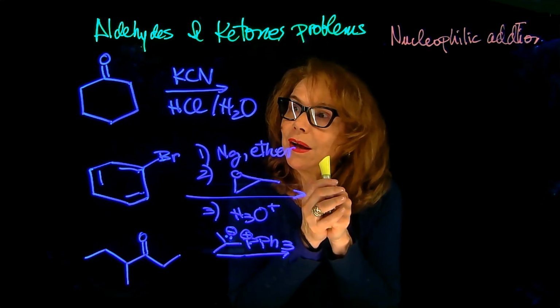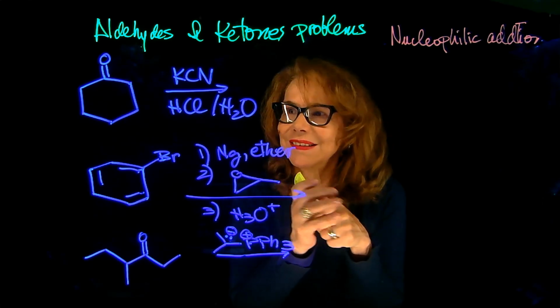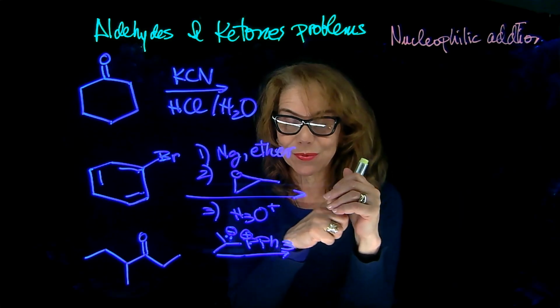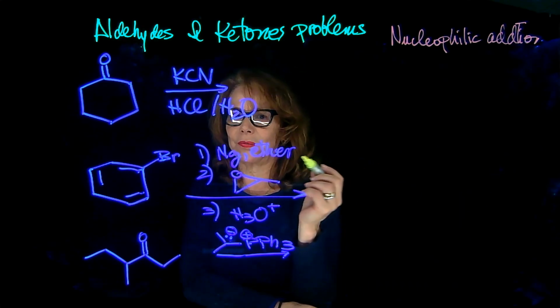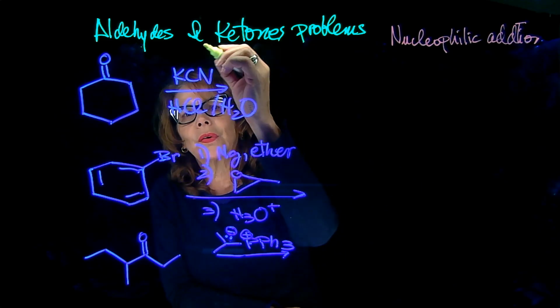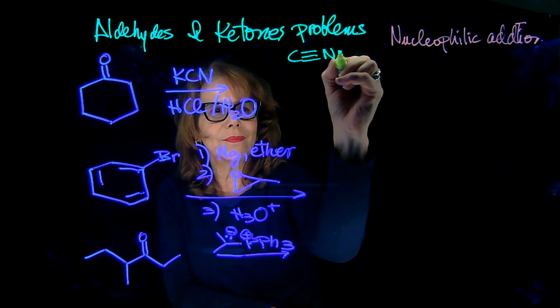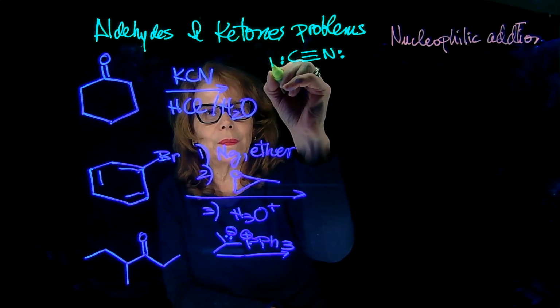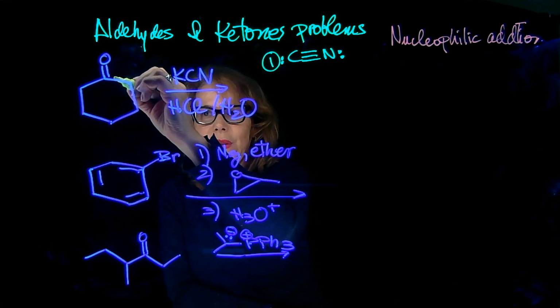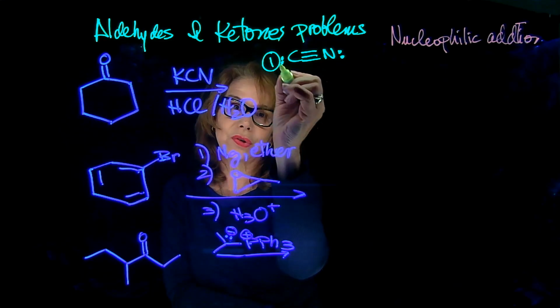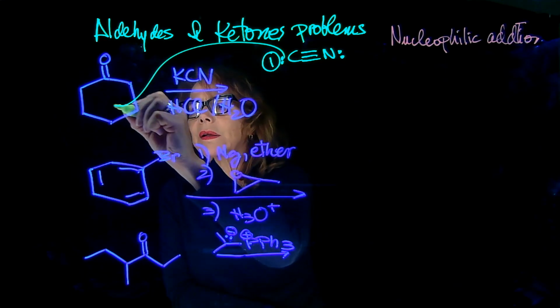Okay, here we have 3 more problems of aldehydes and ketones. These are nucleophilic additions, so let's analyze what is the nucleophile and what is the electrophile, as we always do. So here you have cyanide, and that is my nucleophile. I know that the carbon here is electrophilic, it's electron deficient, so I'm going to have the nucleophilic attack over